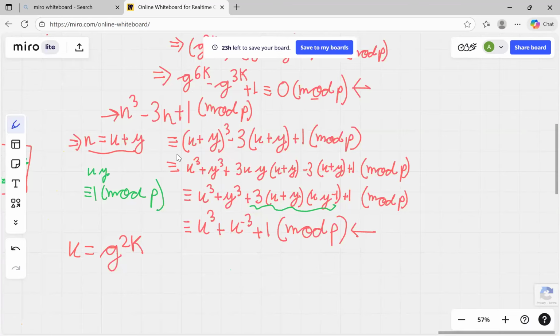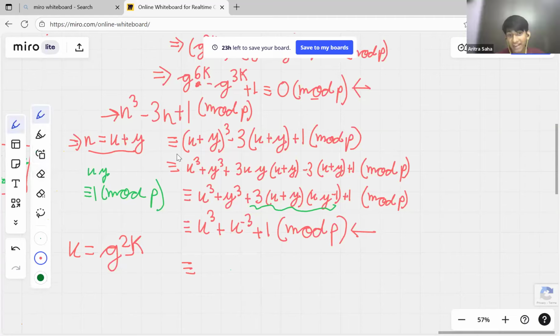Okay, I guess g to the power k, right? Not g to the power 2. No, we want 6k, right? That's why we're putting 2k, because we want 6k here. No, but then we'll get minus 6k there. I guess we should, but put here the sign is minus and g to the power 9k is minus